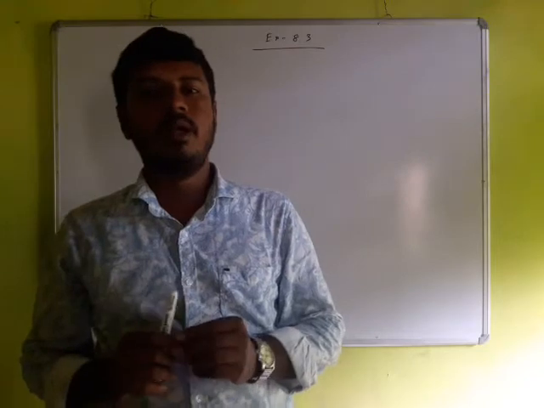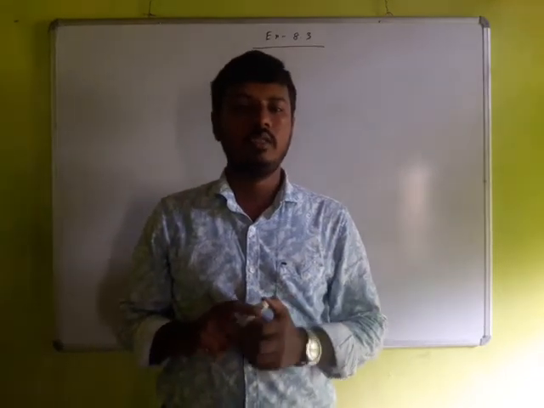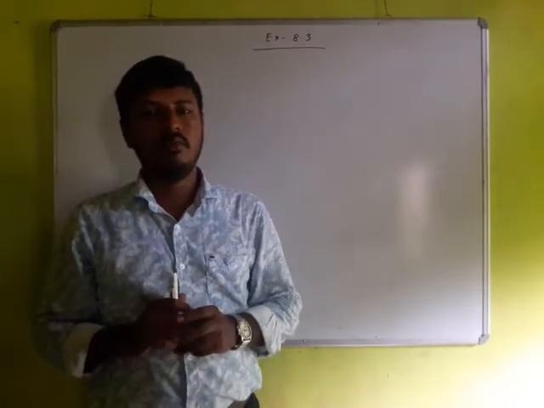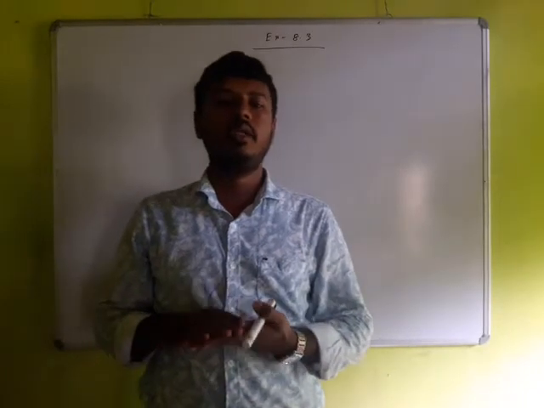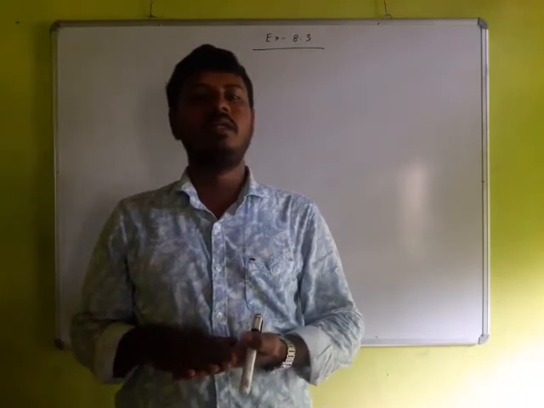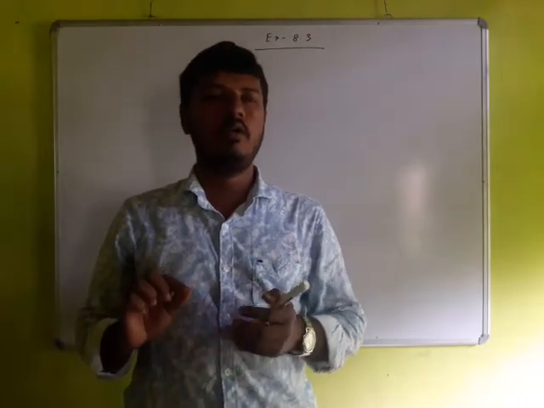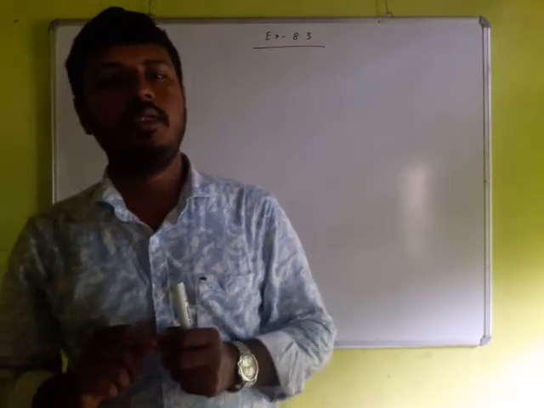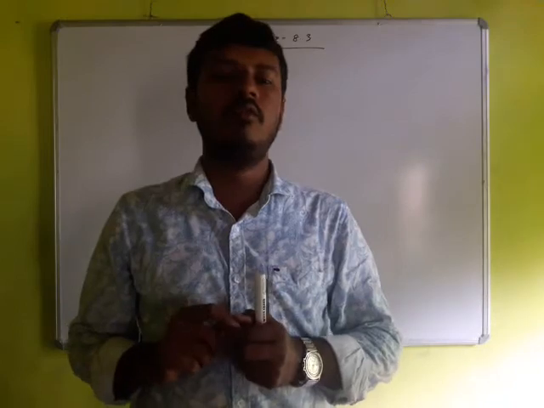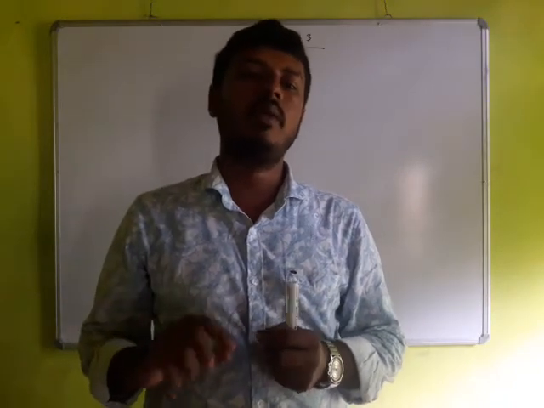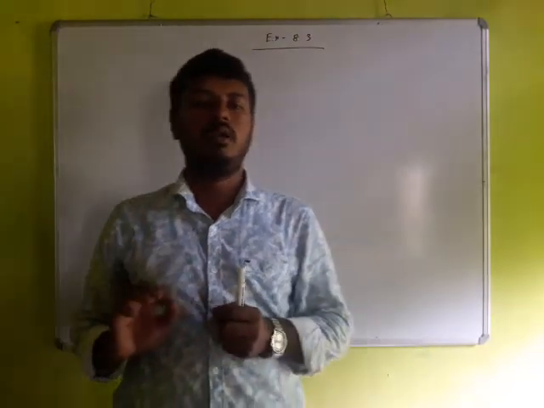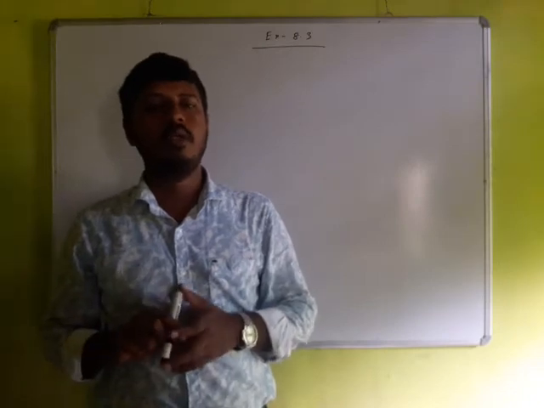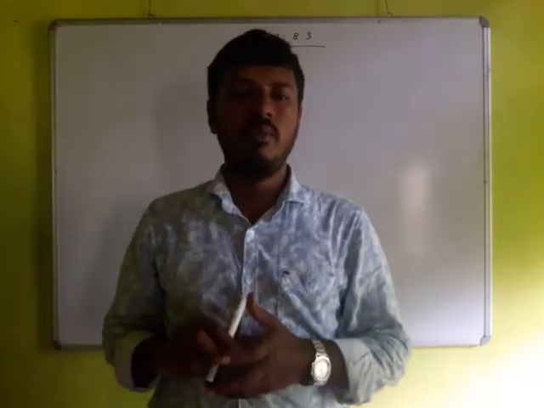In question number 2, that is 1(ii), tan 26 divided by cot 64 is given. Students can take the complementary angle of either 26 or 64. If we take the complementary angle of 26, then tan 26 can be written as tan(90 minus 64). It will be cot 64 divided by cot 64, which is 1. So students can solve the question given in question number 2.